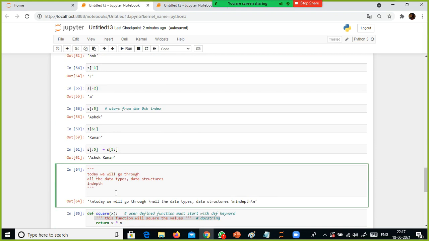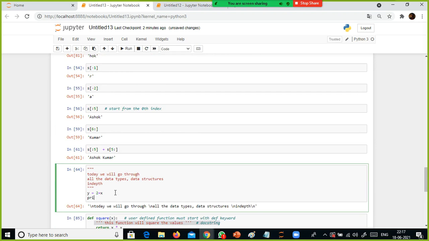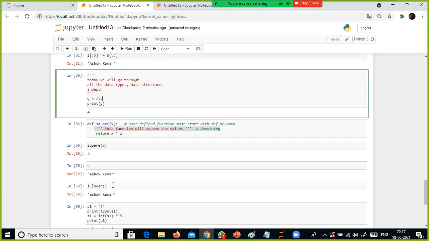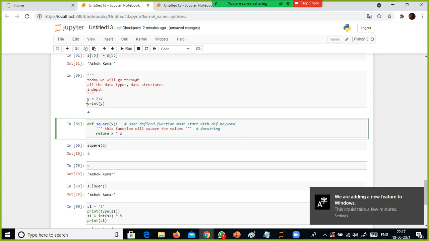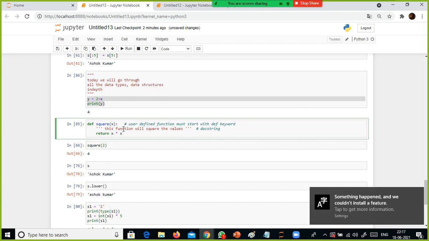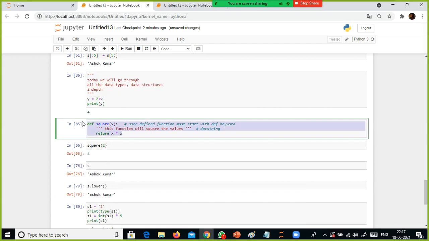For example, if I say y is equal to 2 plus x, print y, just above this I mentioned this. There are situations where you cannot write the statements sequentially. In order to maintain modularity, which is the best practice, you'll have to use functions, classes or packages. In that case, inside the package, class, method or function, you will have to specify comments.